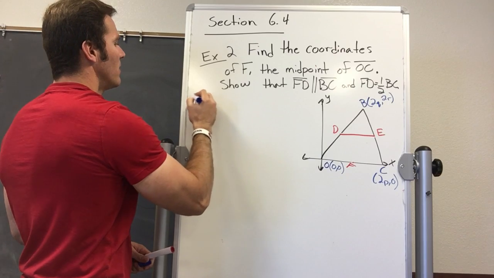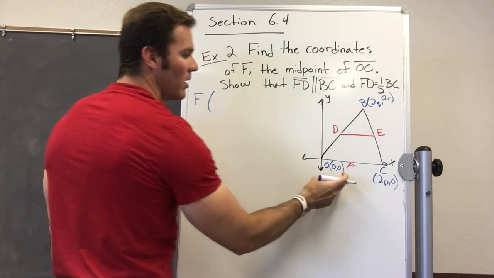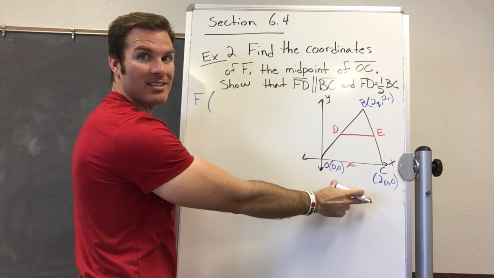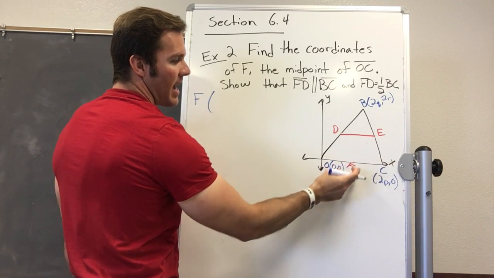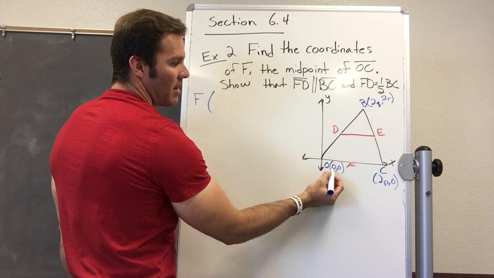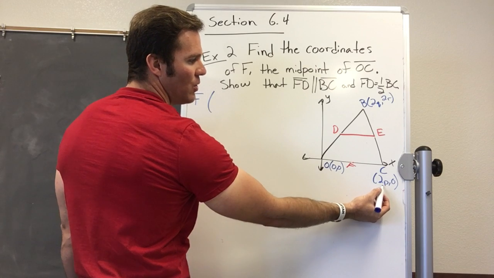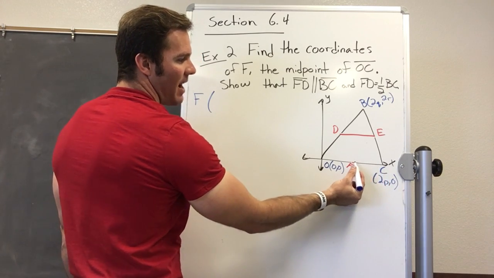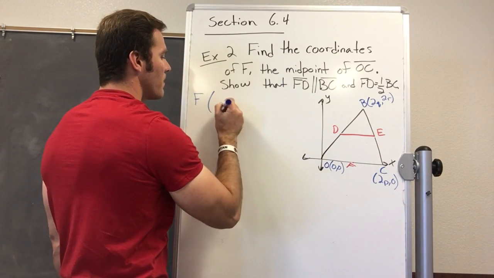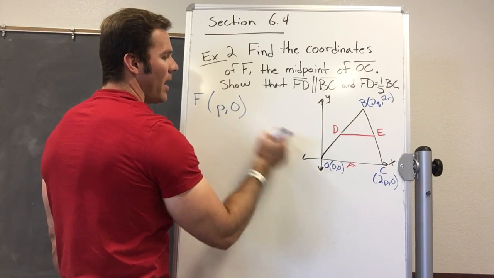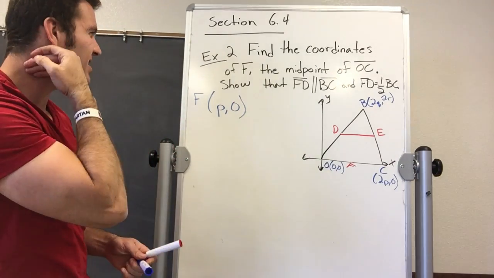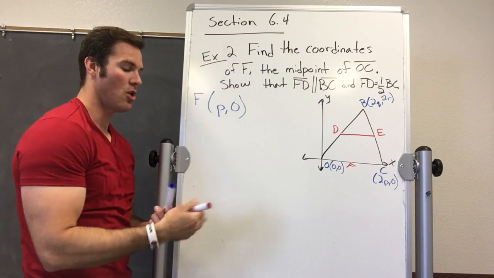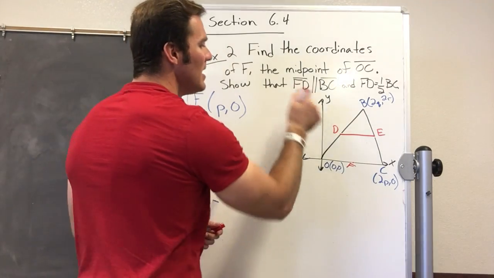So F, the coordinates are going to be, well, if it's halfway between O and C, and this is the x-axis, so we're looking at 0 to 2p. And if it's halfway, then it's just going to be p. And it's on the y-axis at 0. This is the coordinate for F. That's pretty simple. Now we need to show that FD